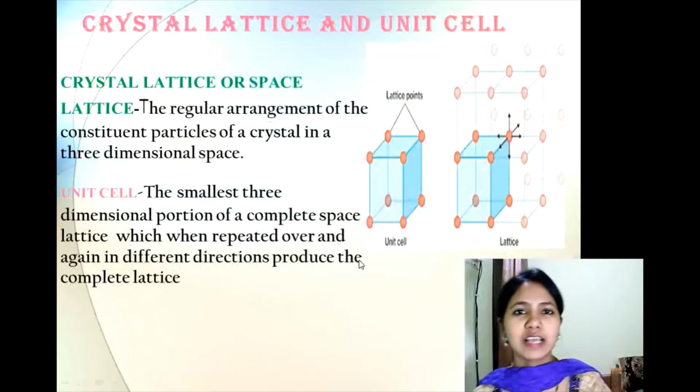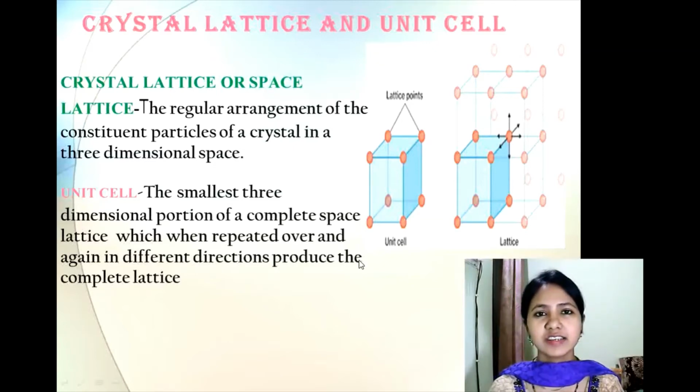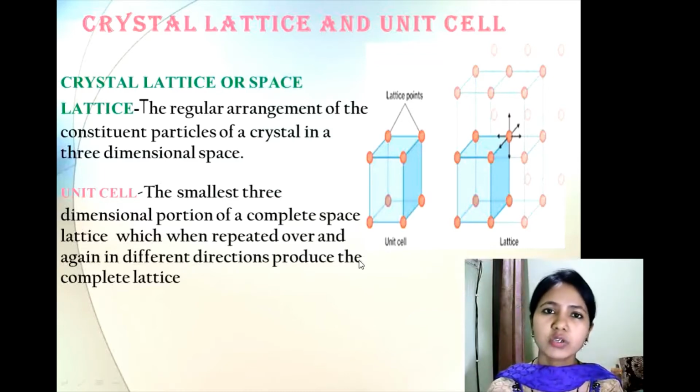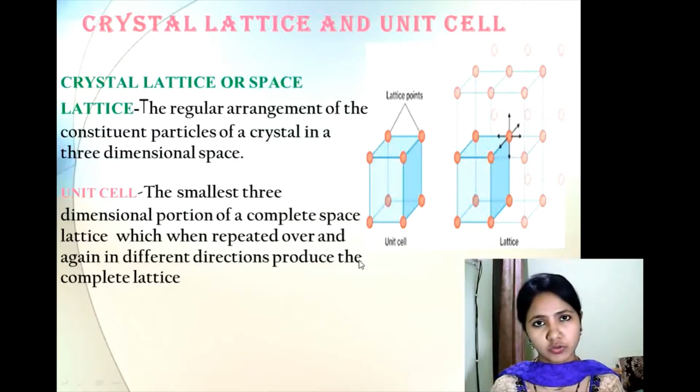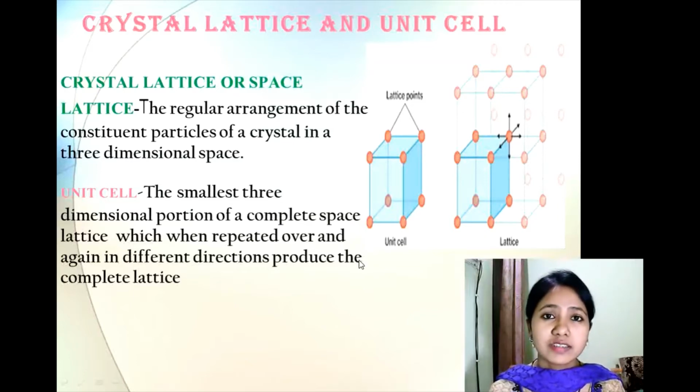In today's class, first we will be discussing the crystal lattice and the unit cell. As you can see, it is written here and some pictures are also given. Crystal lattice, in simple words, is the regular repeating arrangement of different points in space. Here the points mean the constituent particles, that may be atoms, ions or molecules. When these atoms, ions or molecules repeat themselves again and again to make a definite geometry, we call it a crystal lattice.